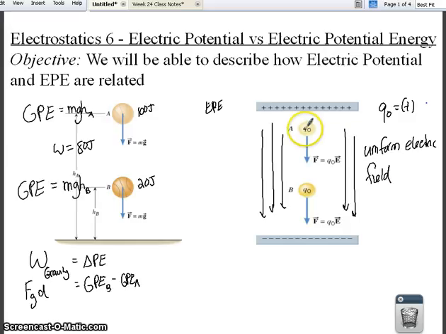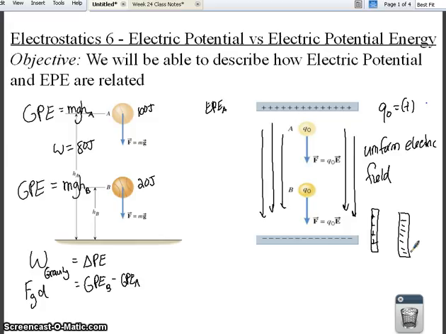So if we place this test charge inside this electric field, the closer we get to the positive end, the more energy it has. Just like in our discussion on height, the higher a ball is off the ground, the more energy it has. The closer we get to the positive plate end, the more electric potential energy it has. So we'll call this electric potential energy at A, and then it's going to have less the closer it gets to the negative side. It's kind of like a ball falling. Kind of. It is similar, it's not the same, because these plates can be oriented in any direction. It could be positive like this,